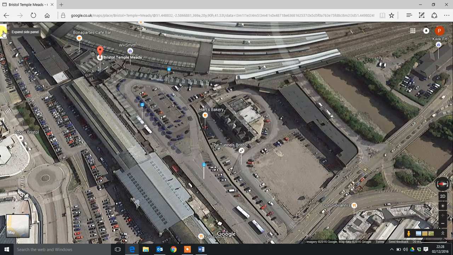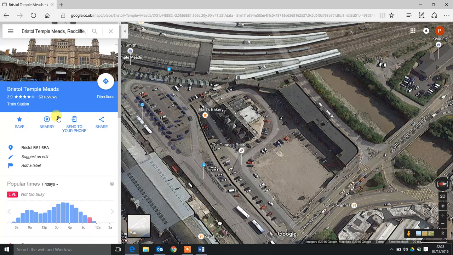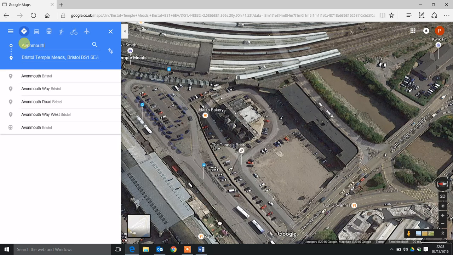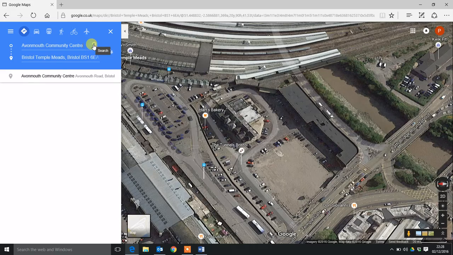Okay, now I need to bring this menu back in again, so I'm going to left click over here, and I'm going to say, okay, I'm going to go there, so I'm going to click on the directions button just above, left click, and it'll ask me, well, what's your starting point? So let's see, let's type in Avonmouth Community Centre and press the magnifying glass or press enter,